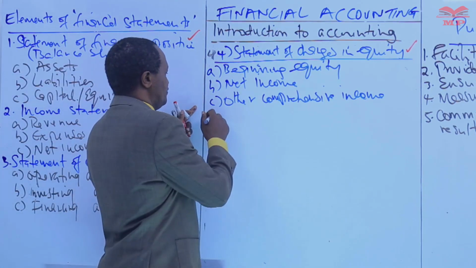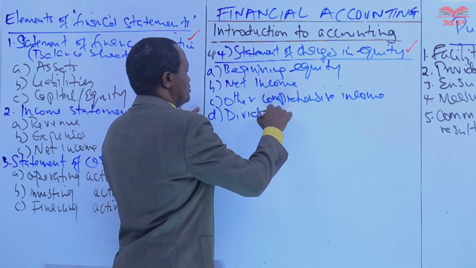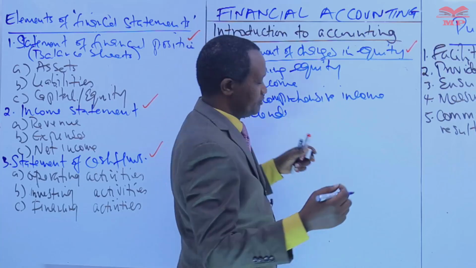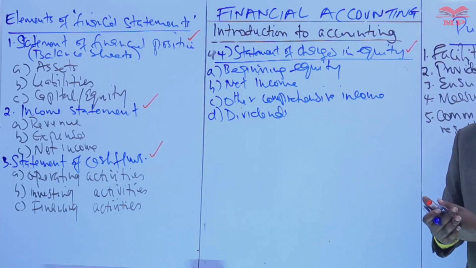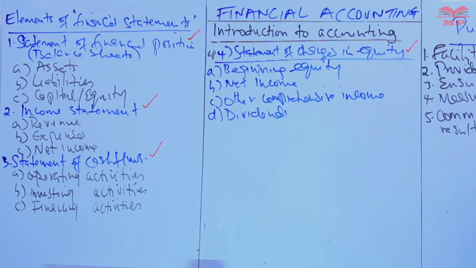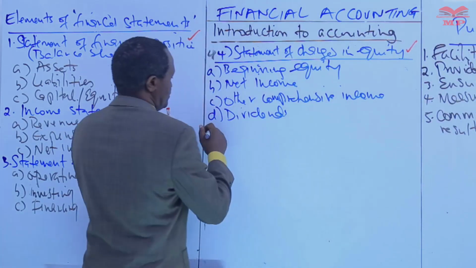You may have dividends as part of the statement of changes in equity. Dividends are distributions of profits to the shareholders, which decreases equity. Five,